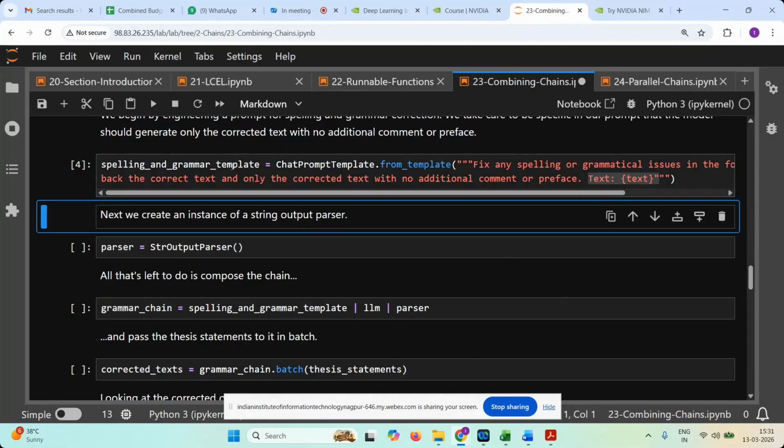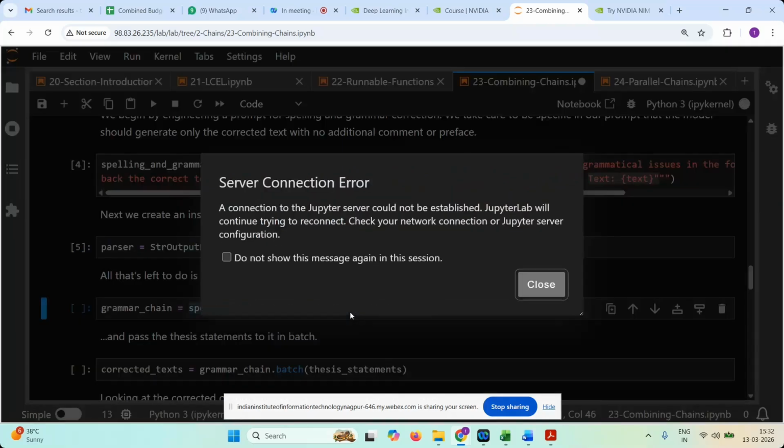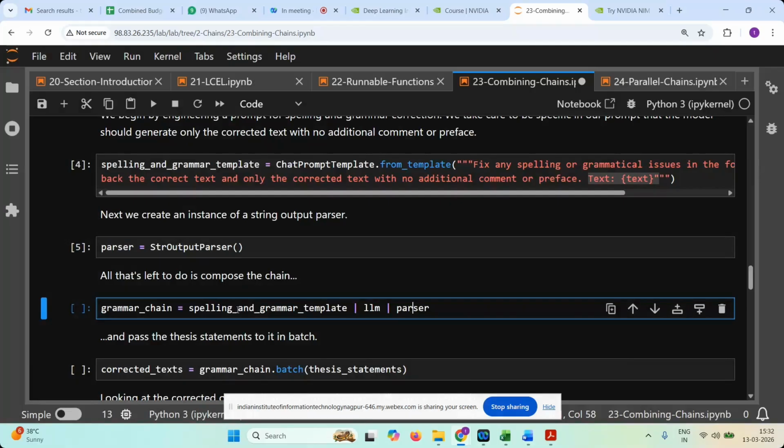This is the spelling and grammar template. The parser is there. This will become my grammar chain,